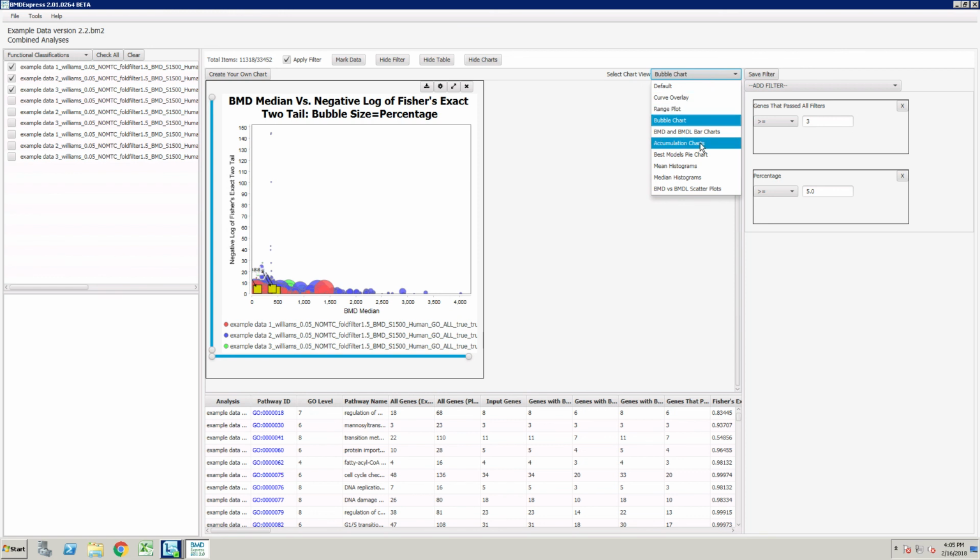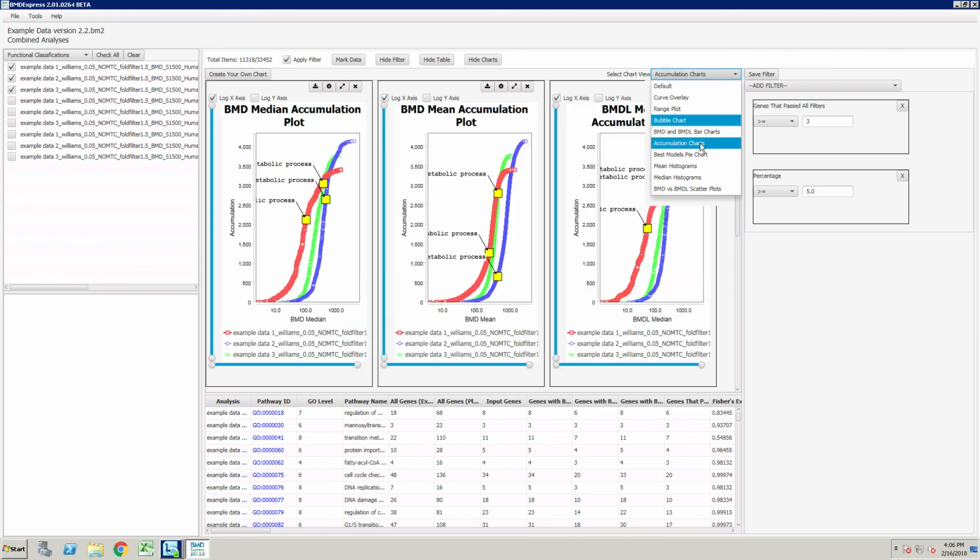All the accumulation charts for all the different metrics for each one of the BMD values, different BMD calculations, mean, median. And so there's a whole bunch of them here. And if you are not inclined to our